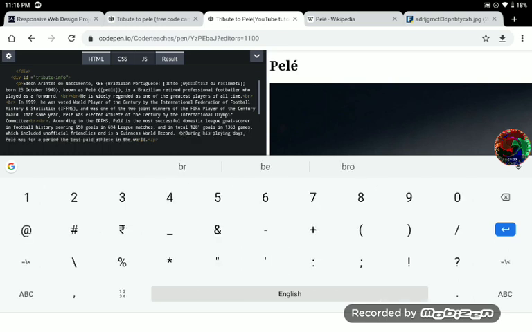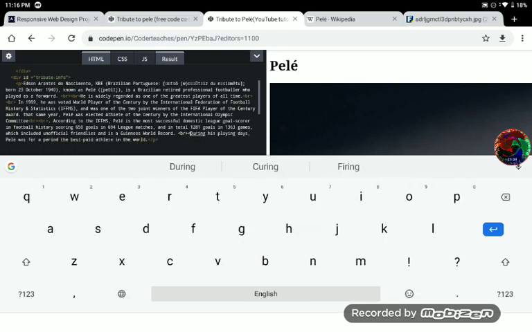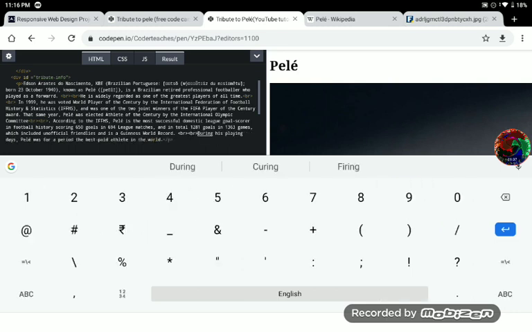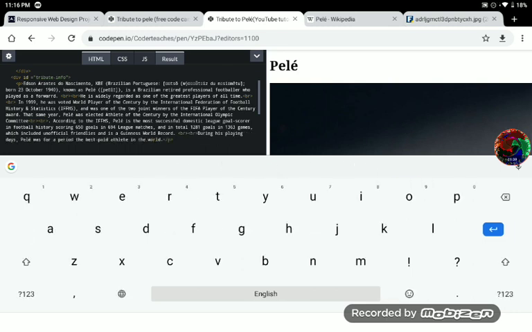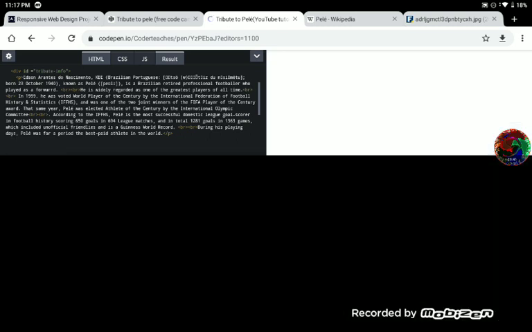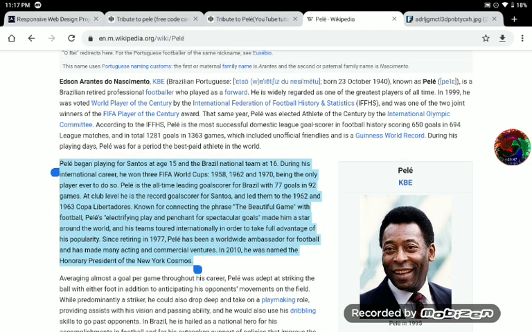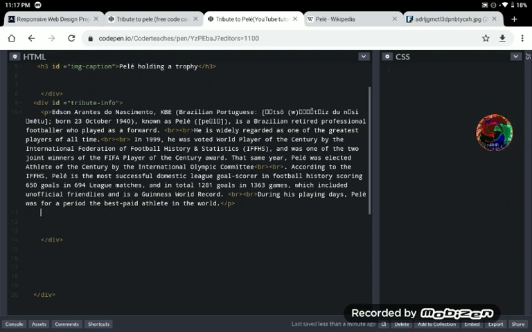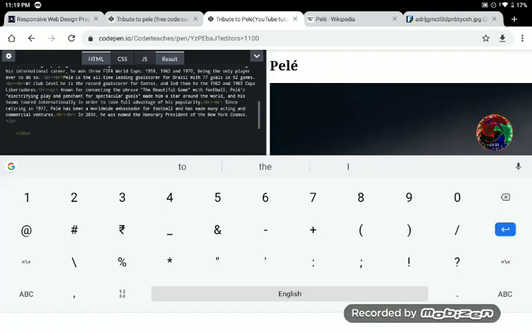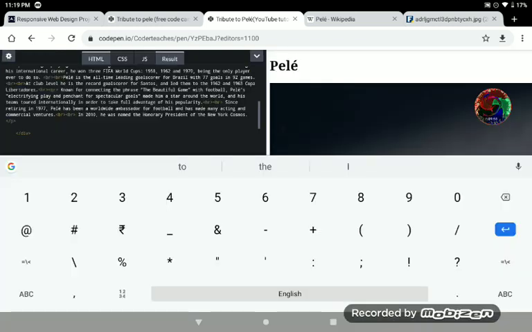See, you can stop here, but I would say make one more paragraph and do the same thing, like copy the second paragraph, and after that's done,